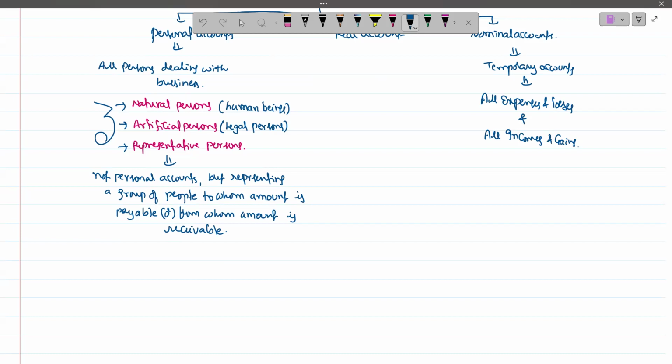Nominal account, like salaries account, rent account, printing and stationery account, traveling expenses account, transportation expenses, freight account, carriage account. So these telephone expenses, electricity bill expenses, all are covered under what? Nominal account. There is a relation between personal, representative personal and nominal account, which is explained as, for example,